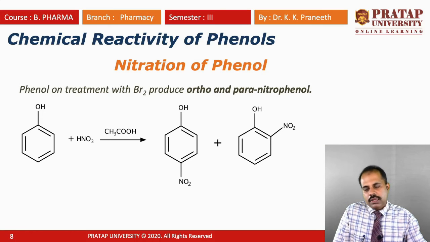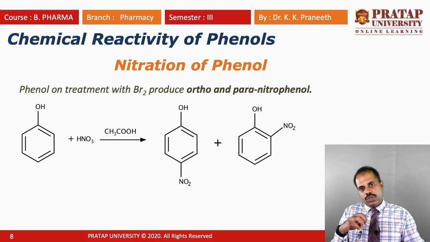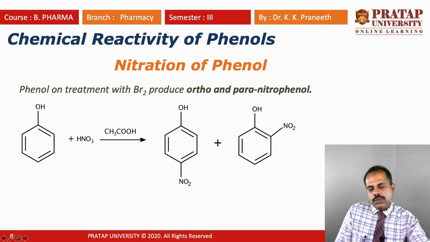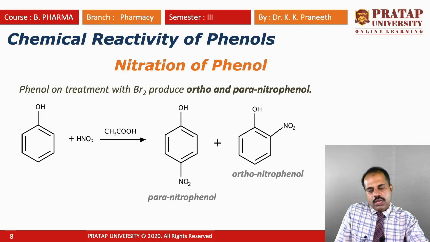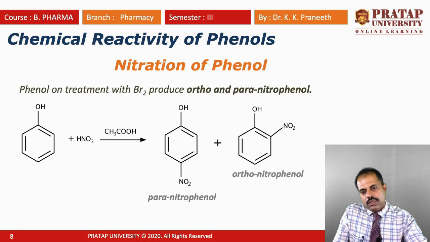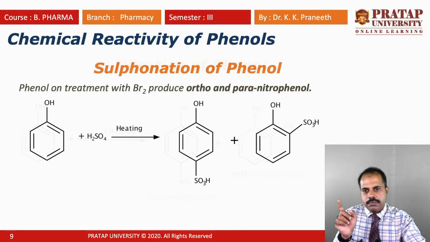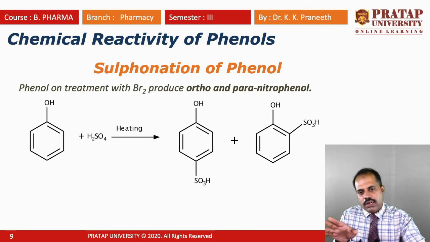We can use the mild acid because phenol already has an OH group, compared to benzene, and the OH is an electron donating group, so it gives some electron density. So a mild acid is enough for protonation as a catalyst. That's why we are using the mild acid here. So that is another difference in the nitration of phenol compared to the nitration of benzene. Instead of only one product in benzene, two products in phenol. Strong acid is used as a catalyst in benzene, and only mild acid in the case of phenol.